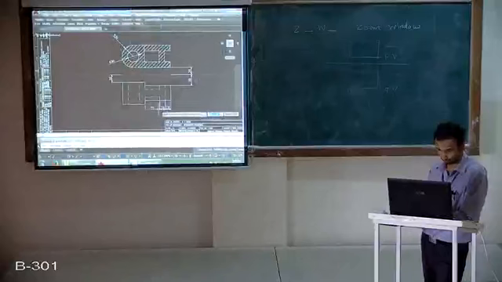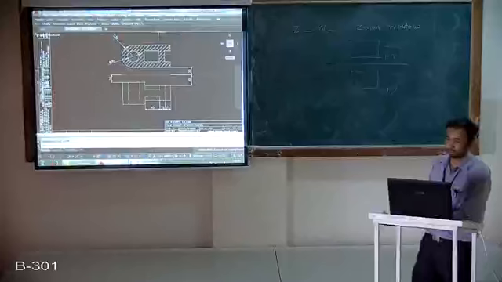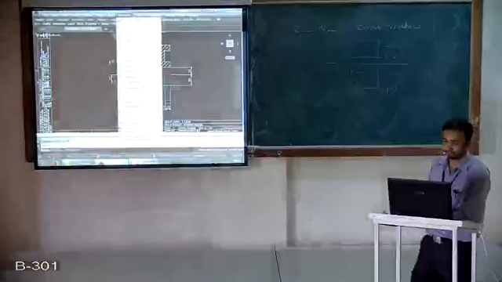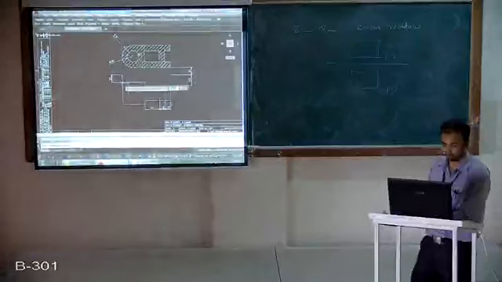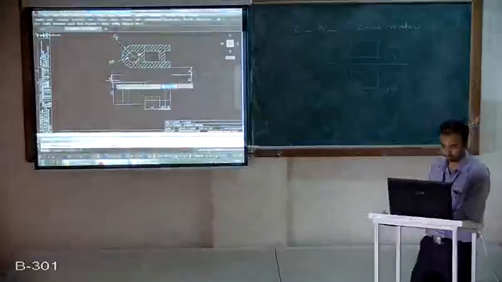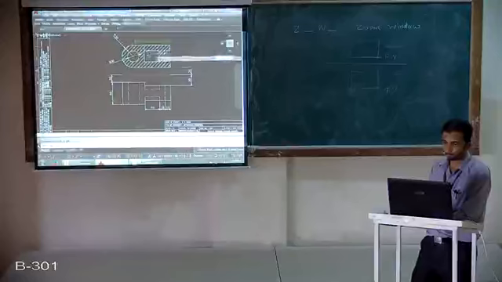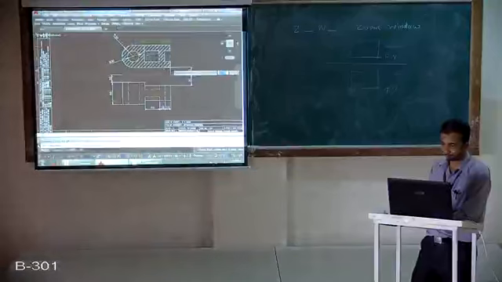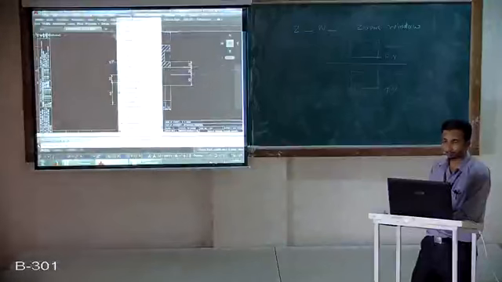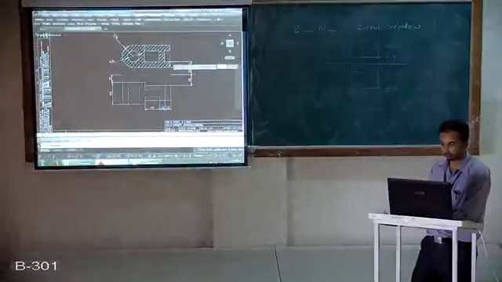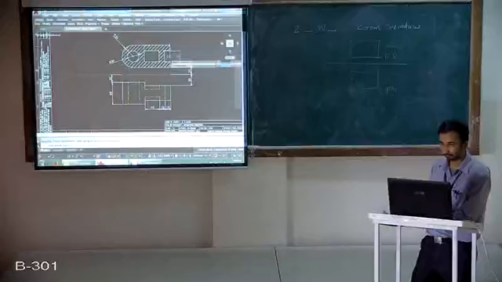And finally this one. So like this, if you finish off all the dimensions, the object will look like this one. So here all dimensions are specified. Understood? So I hope the first problem is very clear to you.